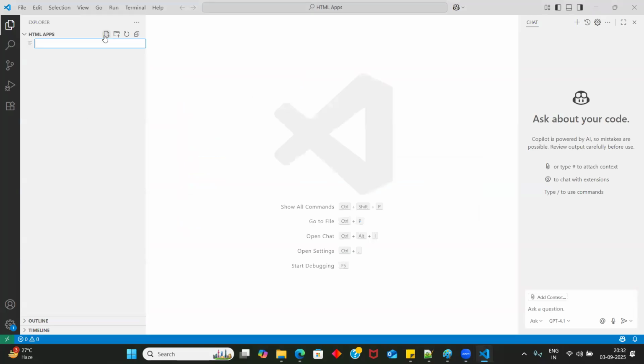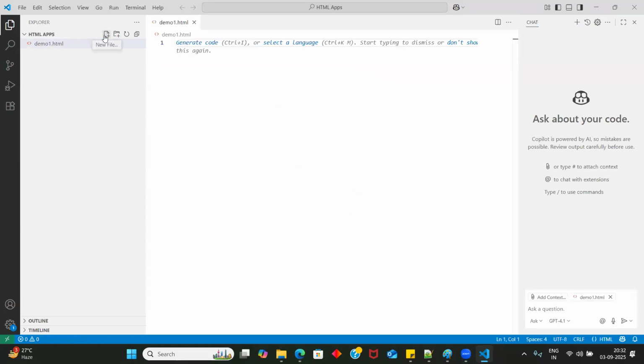So let me click on the first plus symbol. Now here you have to give a file name. Generally you start with some file name like demo1 or app1, so I'll start with the same name, demo1. As I just explained, the extension should be .html. If I hit enter,